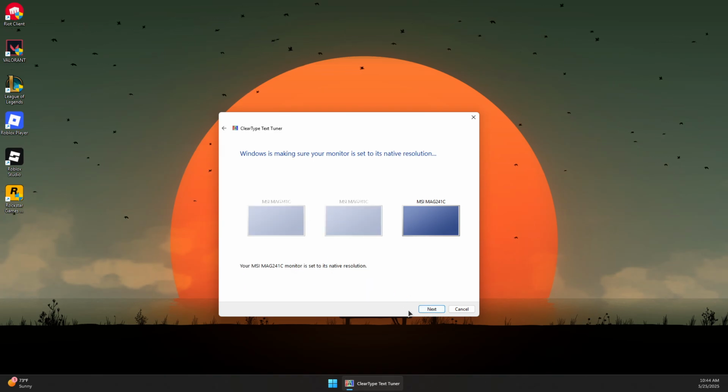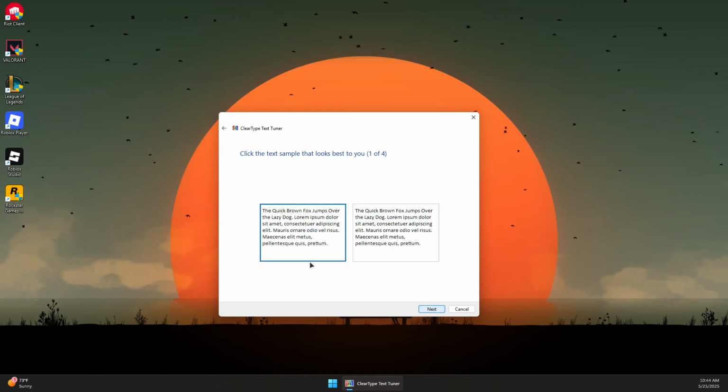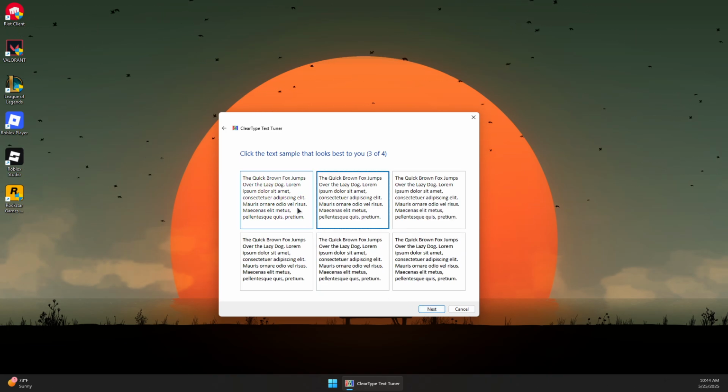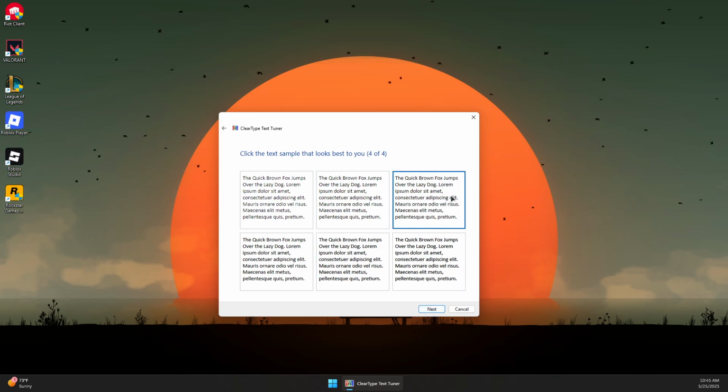If you have multiple monitors, click next, and then choose which text is the best or appears the best on your monitor, and then click next and choose from different samples which one is the best. Click next and then do the same for these 4 steps and click next again,